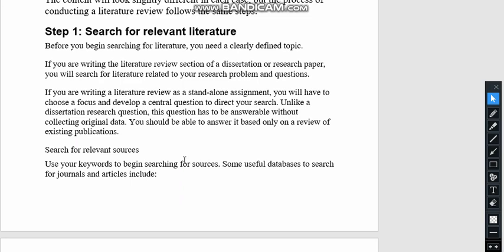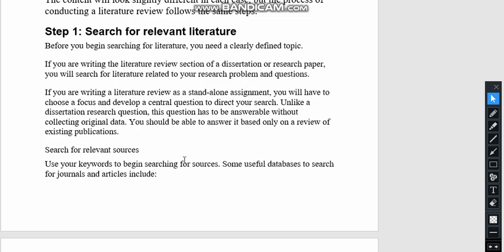If you are writing the literature review section of a dissertation or a research paper, then you will search for literature related to your research problem and question. Or if you are writing a literature review as a standalone assignment, then you have to focus and develop a central question to direct your search.